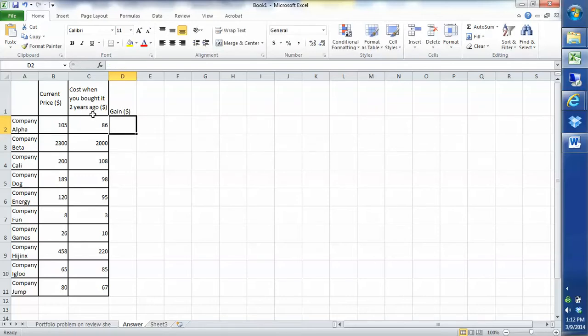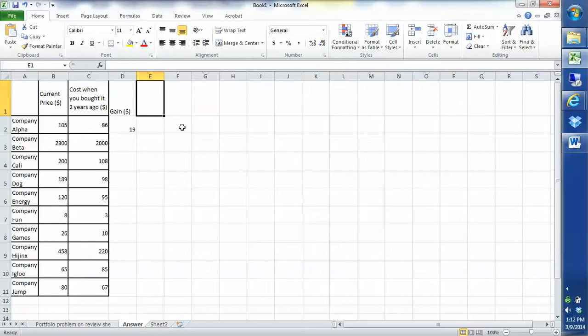That's easy enough. That's going to be our current price minus our cost, and that's how much we made. So we can sell it for $105 now. We bought it for $86. Our gain is $19. And that is interesting to know, but it's not really effective because it doesn't allow us